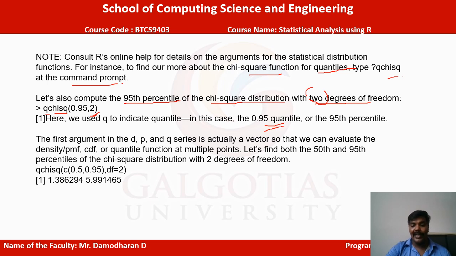Suppose we take the difference; as another example, for 50% to 95% we are going to find the intermediate range. In this case, 50% to 95% with a chi-square distribution with 2 degrees of freedom. So we calculate with 0.5, which is 50%, and 0.95, which is 95%, with the degrees of freedom. Now we get two values, one for the 50% value and another for the 95% value. Both will be obtained here.